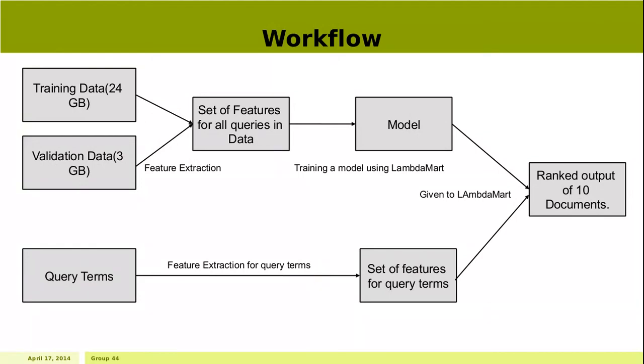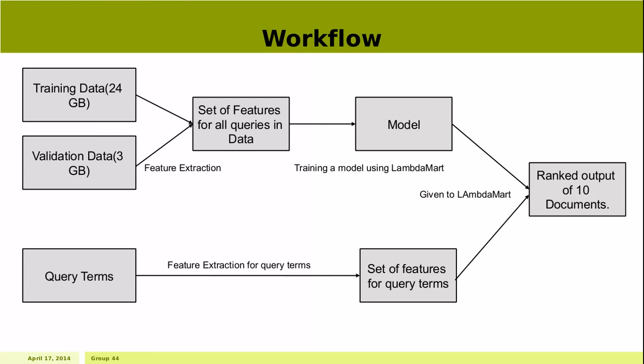Now the data is of 27 days. It is divided into two sets: 24 days of data as the training data and the next 3 days as validation data. We calculate the features from these data for all the queries and then feed these features into LambdaMART to get the model. Again, for all the queries in the testing data, we find the features. Now we use these features along with the model in LambdaMART and get the list of all the documents. So LambdaMART returns this list of documents with some weightage assigned to each document. Sorting these documents on the basis of the weightage assigned gives us the result and we get the ranked output